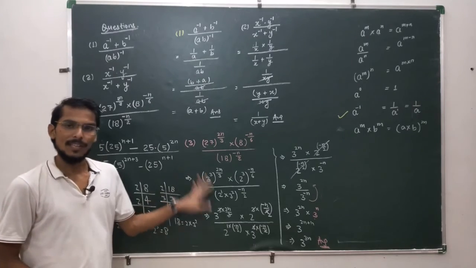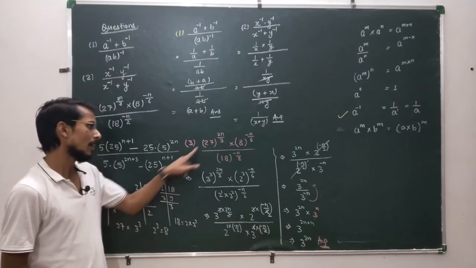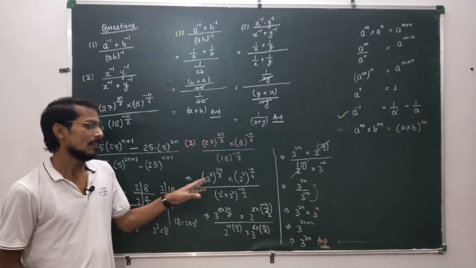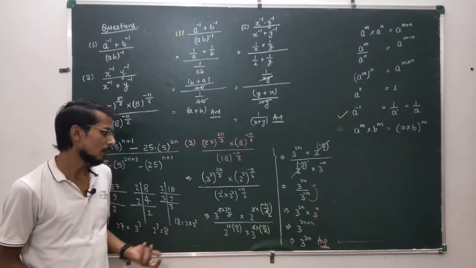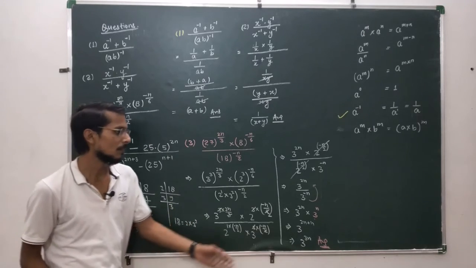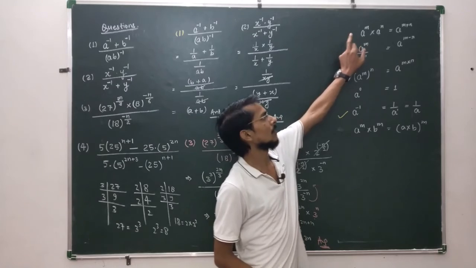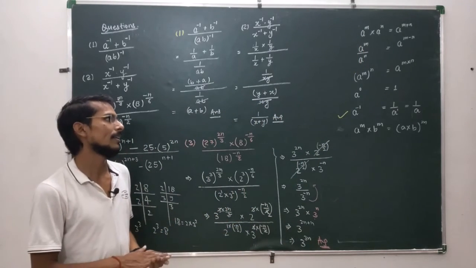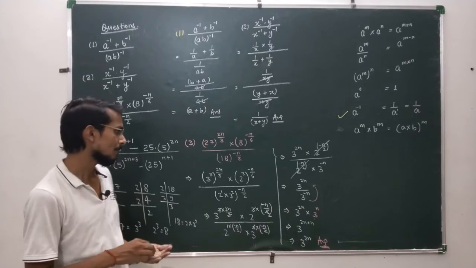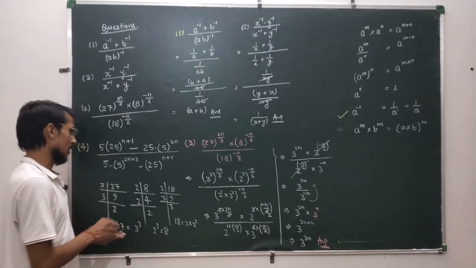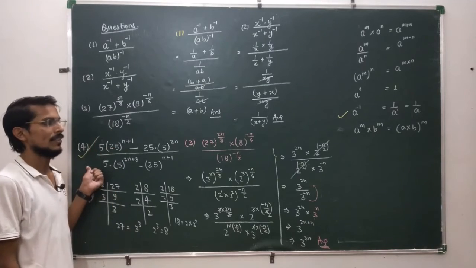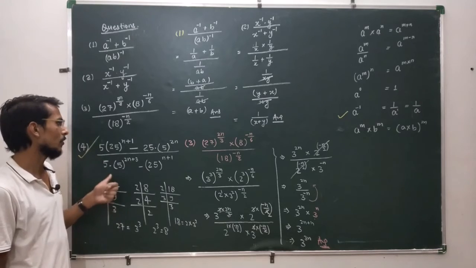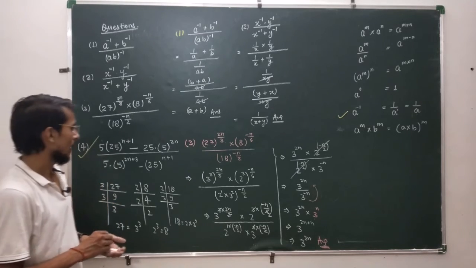So the steps are very simple. You just need to factorize the number so that you can write it in simple form and then cancel out the quantities which get cancelled out, and then finally use the formula, this first formula, which is a very important formula, and it will be used very often in the chapter indices. Now the last question, this one. This is an even more important question than question number 3. So let's try to do this question. Okay, I will do it here.